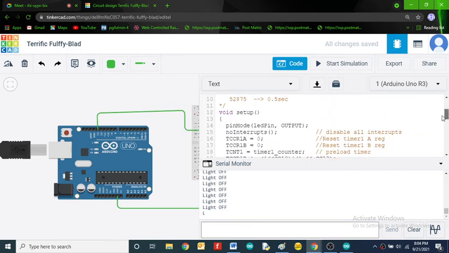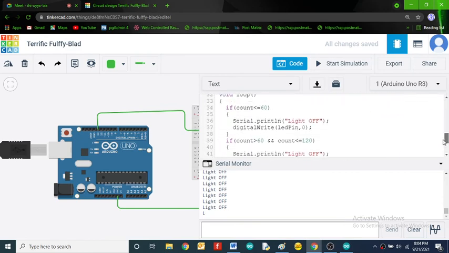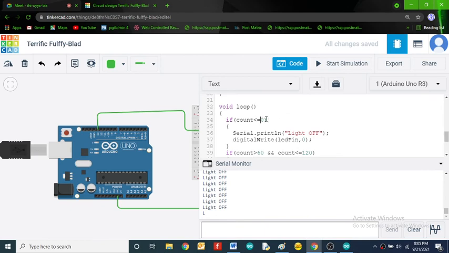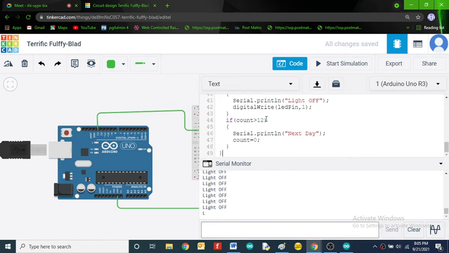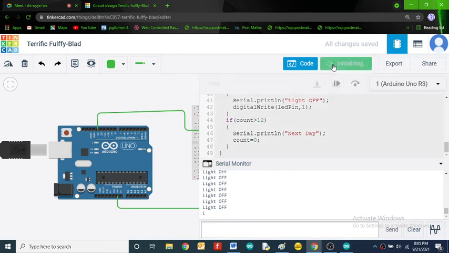Now I will take 6 seconds and 12 seconds. It's very slow now, so it is executing in a slower manner.